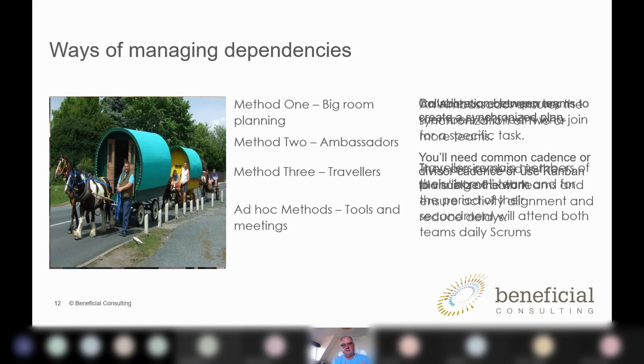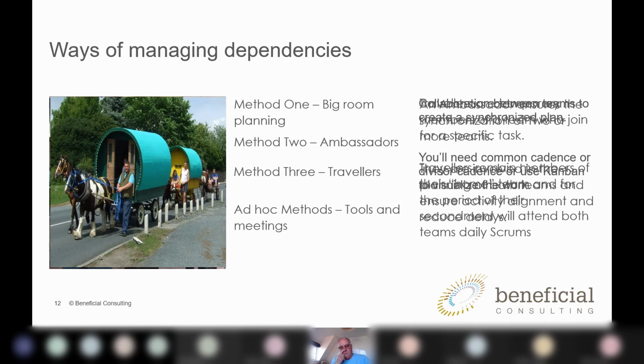So for the period of their secondment, while they're trying to produce the widget for the order processing team, they would attend the order processing team stand-ups and their home team stand-ups, so that they can coordinate the activities going between the two teams. Typically, a traveler in a component team would be a product owner type role, because they would need to take the requirements into the component team and also make the commitments in terms of the prioritization and backlog.